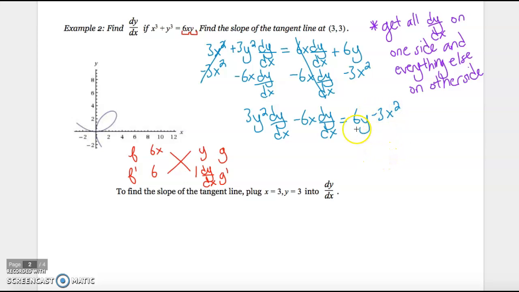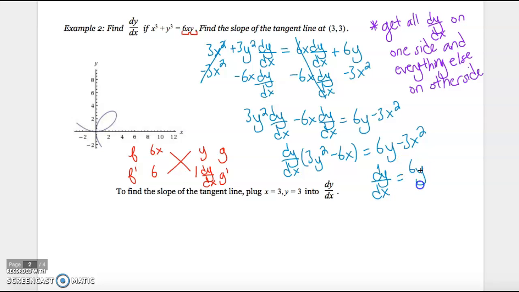3x squared. And now, because on my left-hand side I have two terms, right? I have something minus something else, so I have two terms. I can pull out the dy dx as a GCF, essentially. So I'll have dy dx times 3y squared minus 6x equals 6y minus 3x squared. And then to get dy dx by itself, I just divide both sides by 3y squared minus 6x. So I'm running out of room, but my final answer would be dy dx equals 6y minus 3x squared over